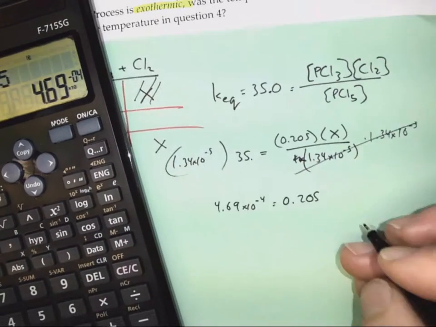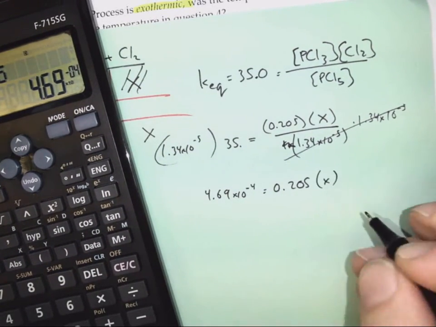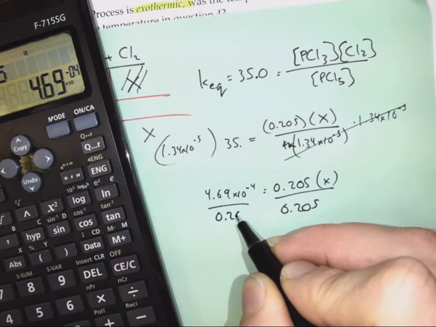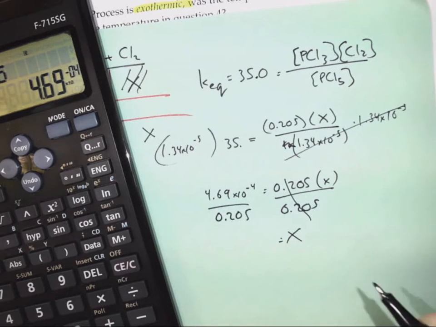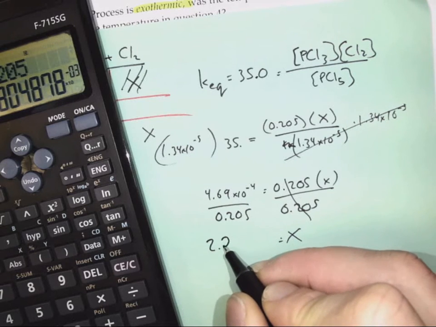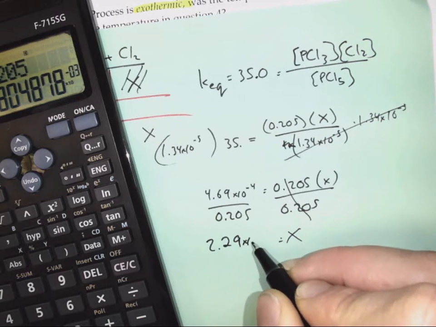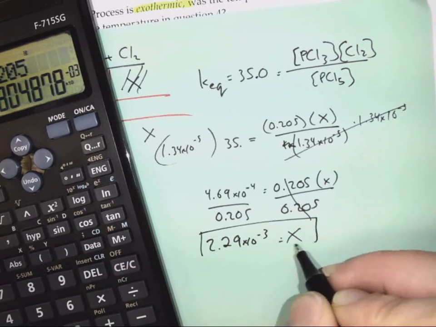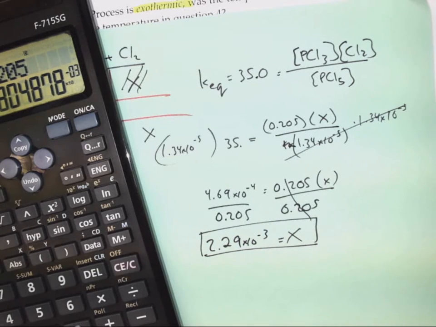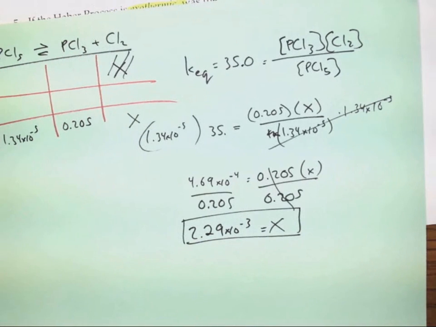That is equal to 0.205 times x. I'll divide by 0.205 to cancel it out. I get x is whatever this is divided by 0.205: 2.29 times 10 to the negative 3. And that's it for our